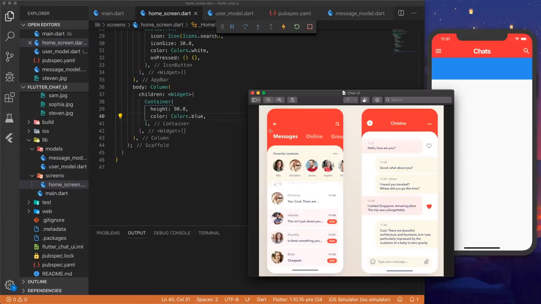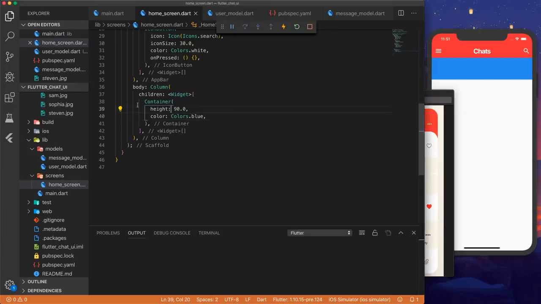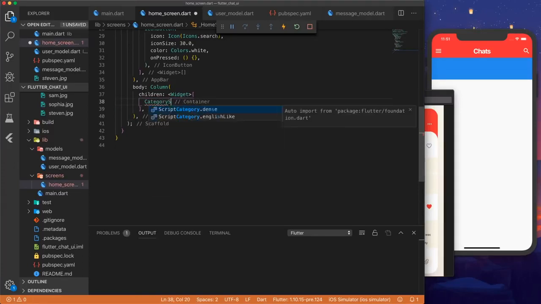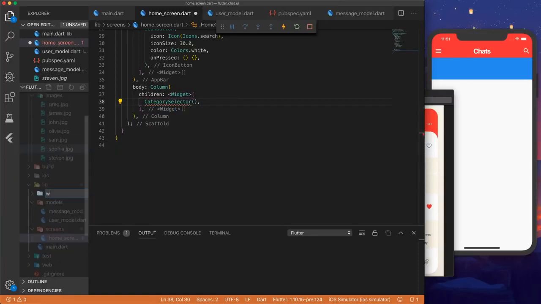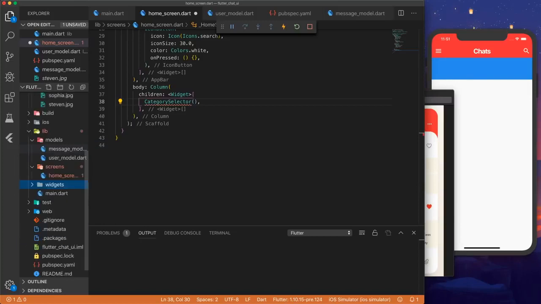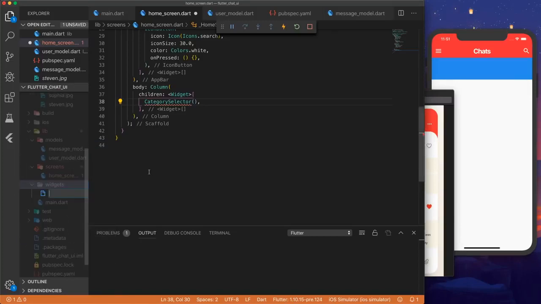Next up, we need to create a list view. And we need to write the different categories we're going to have. So let's actually extract this widget here and make a new widget called category selector. So I'm going to cut this and then write category selector. And then inside our libs folder, I'm going to make a new folder called widgets. And inside widgets, I'm going to make